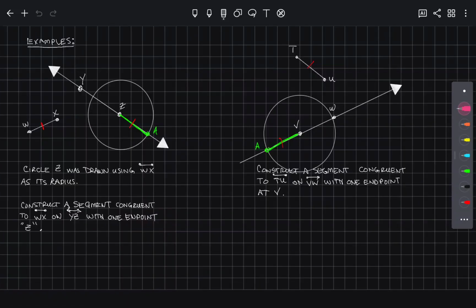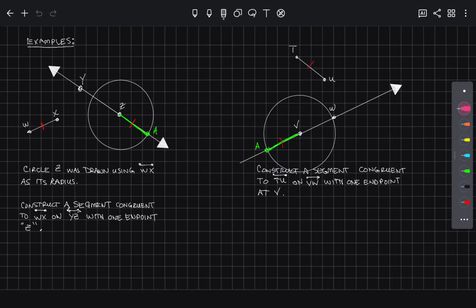Let's take a look at number 2. So you had the idea of creating a circle with a radius of WX. It says circle Z was drawn using WX as its radius. So I used that circle and dragged it over to where Z was now the center of the circle. I made a point on the outside of that circle that made another distance from the center of the circle to the outside of it, which is the definition of a radius. So we can see that WX is congruent to ZA,